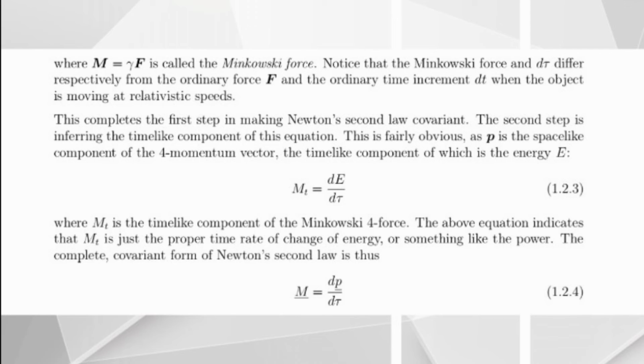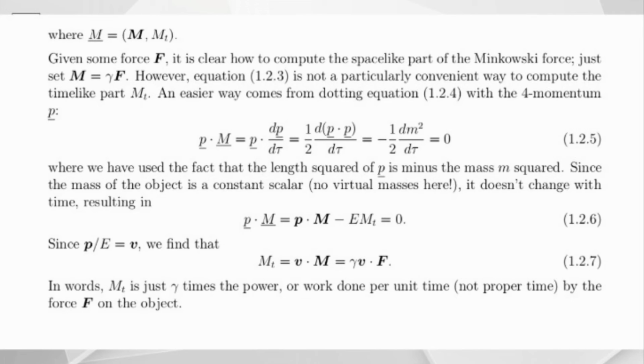This completes the first step in making Newton's second law covariant. The second step is inferring the time-like component of this equation. This is fairly obvious as p is the space-like component of the 4-momentum vector, the time-like component of which is the energy E, where M^t is the time-like component of the Minkowski force. The above equation indicates that M^t is just the proper time rate of change of energy, or something like the power. The complete covariant form of Newton's second law is thus: